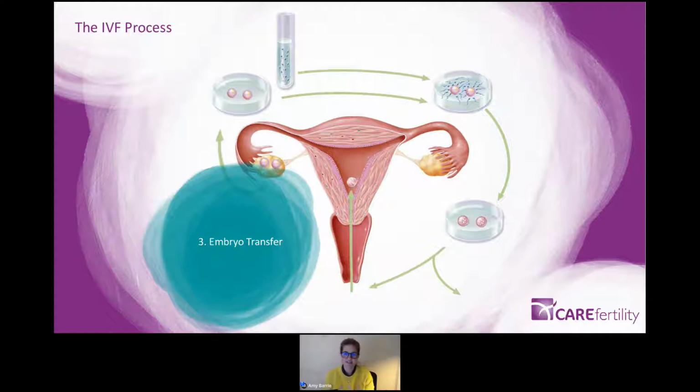It's 10-15 minutes, and then afterwards you can go about your normal activities. You can rest if you prefer, but we tend to say just go about your normal life as much as possible. Once you've had the embryo transfer, it's the inevitable 2-week wait, which can be tricky,